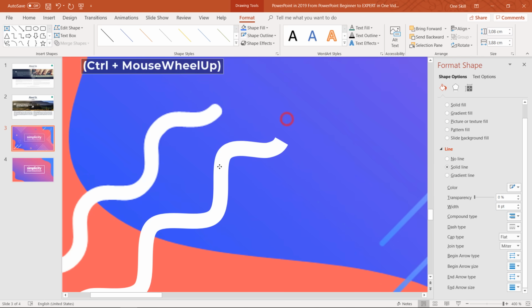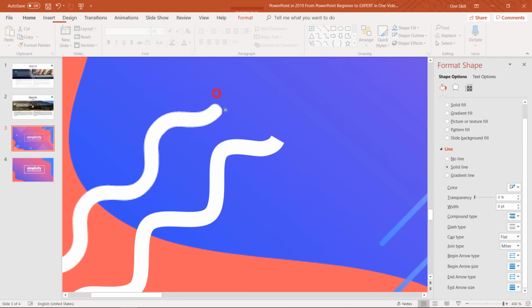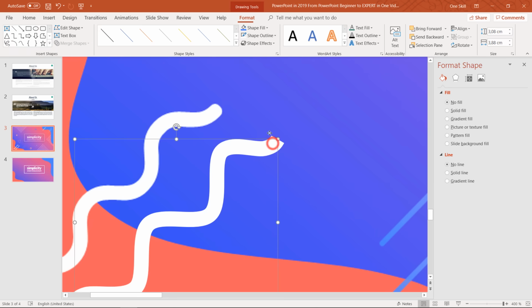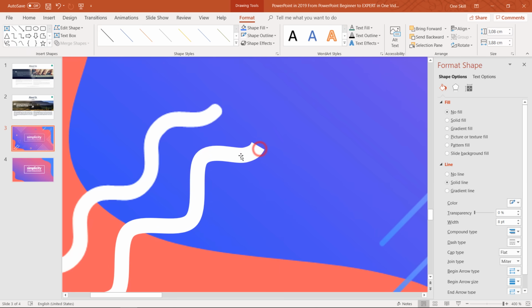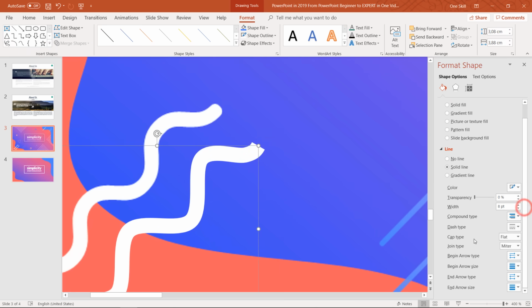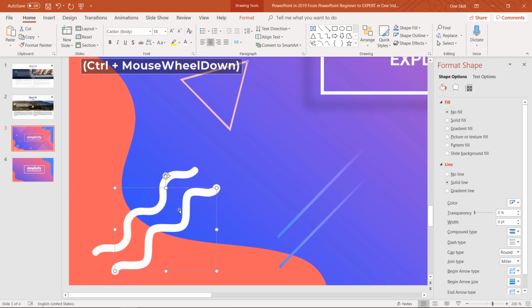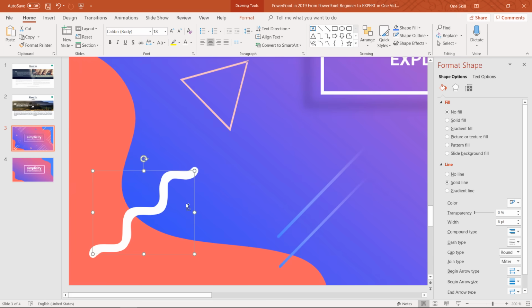And one more interesting thing is you can see in the original slide design, this end is rounded, and here we have like a flat end. So how do you make a rounded end? Just go to your line options, and here where is the cap type, just choose round. Hooray, and you have a round cap. Okay, so this is how you make